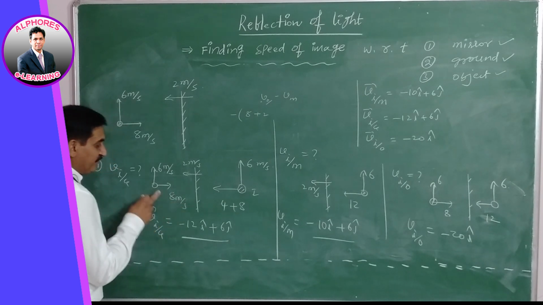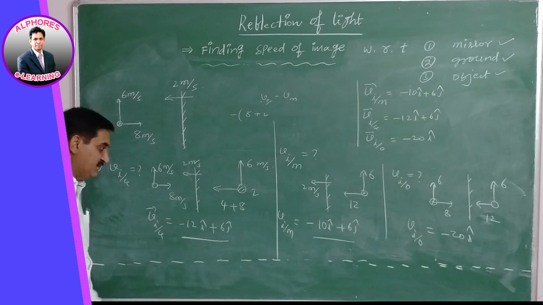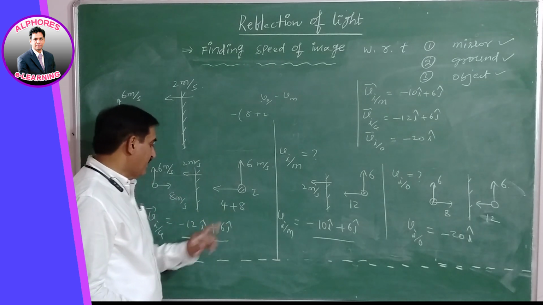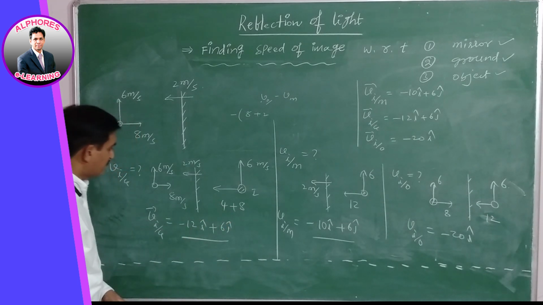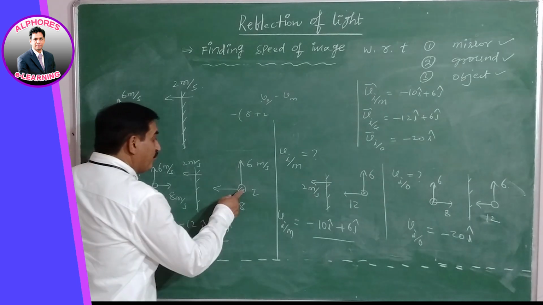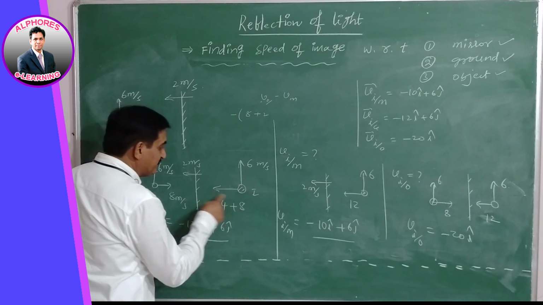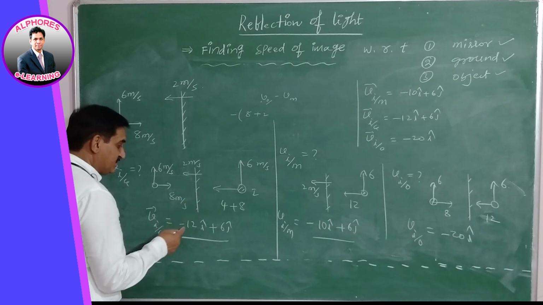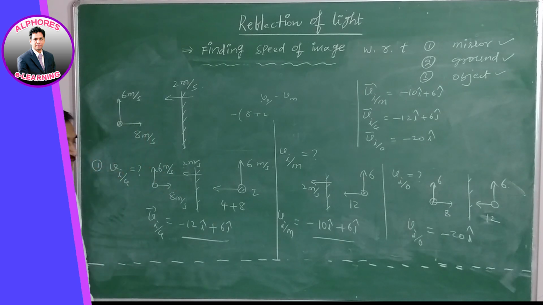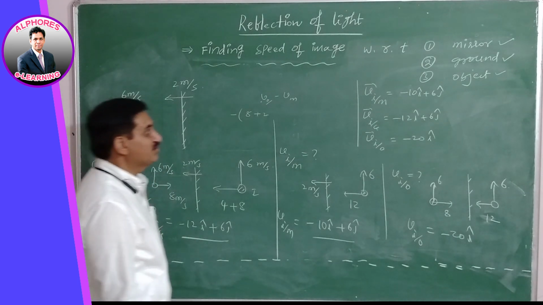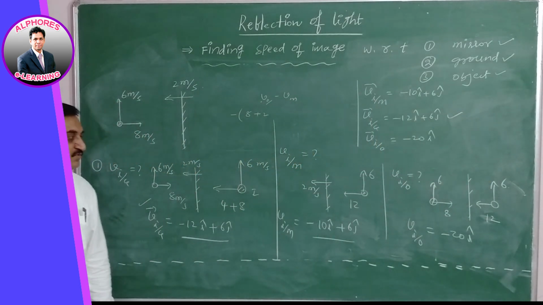Similarly, if the object is moving in the direction perpendicular to the plane of the mirror, 8 meters per second is the speed, this is 8 and this is 12. So here this is 12i plus 6j. This is 4 meters per second because of the motion of the mirror, and this is 8 meters per second, they will add up. That gives the x component, minus 12i, and the y component is plus 6j. So this is the speed of image with respect to ground. Verify this with the answer already calculated in terms of vectors.